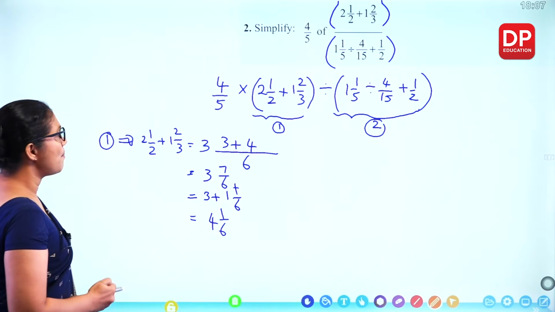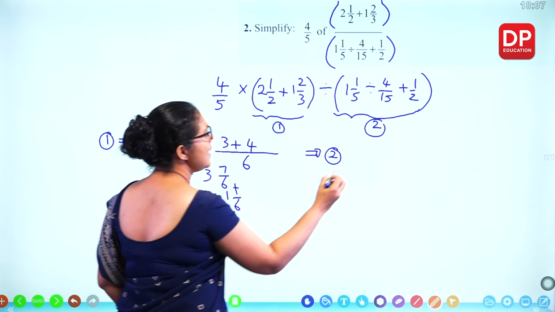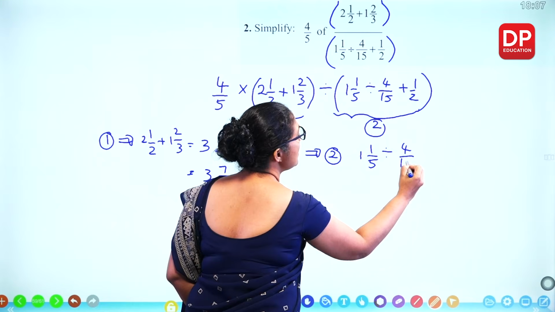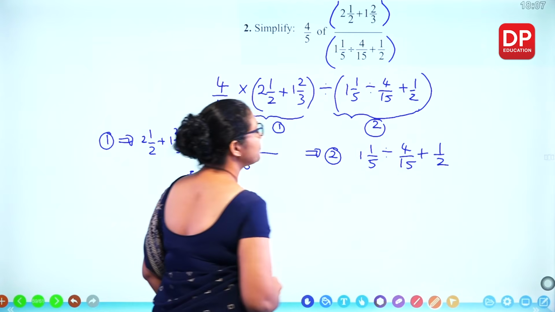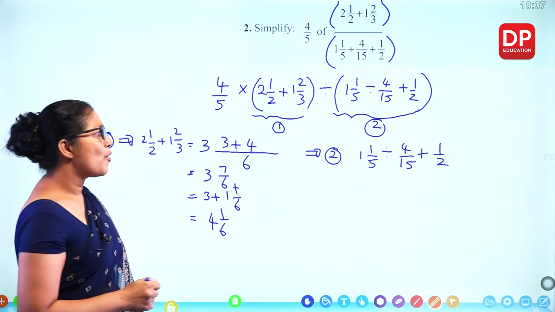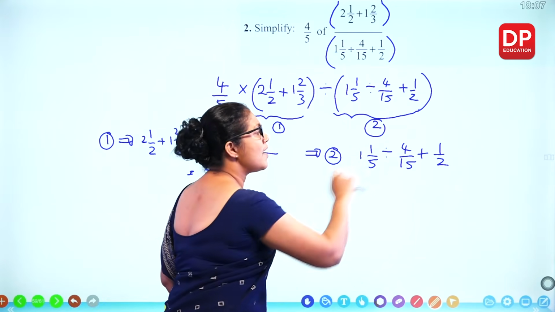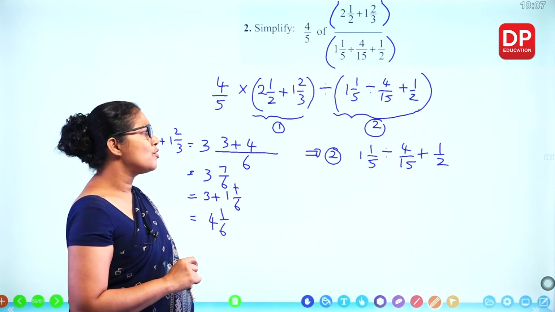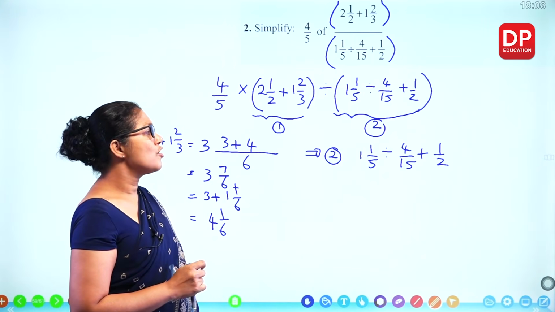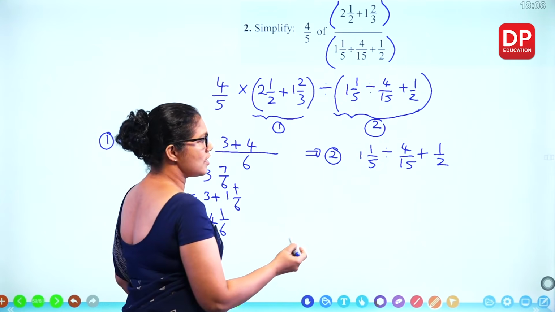Now we'll do the second bracket separately. It's given 1 and 1/5 divided by 4 over 15 plus half. Now how do you do it? From left to right. According to BODMAS, you first find division, and the other one is subtraction. Which one do you do first? According to BODMAS, division you have to do first. So first we'll convert this to an improper fraction and